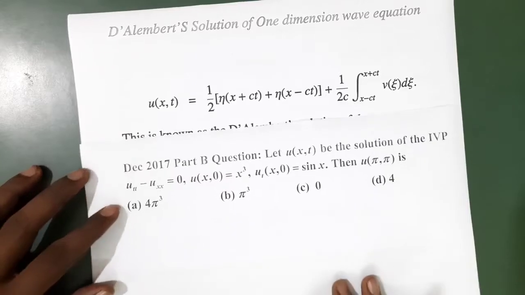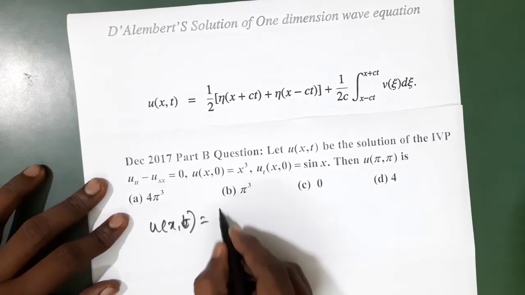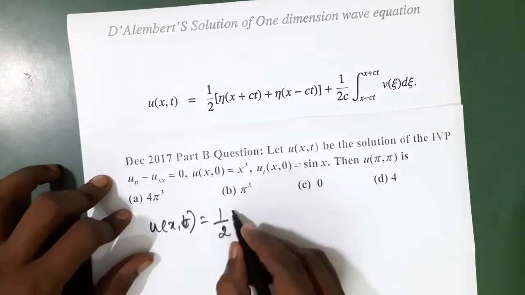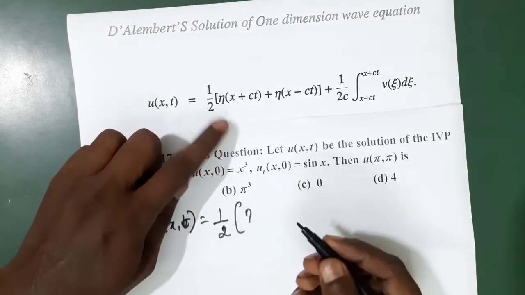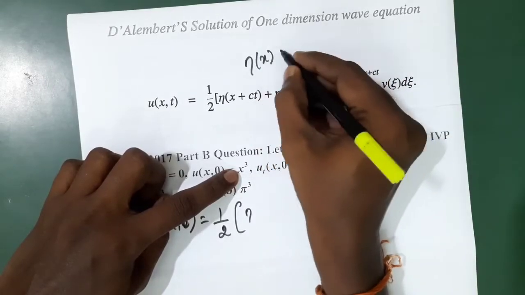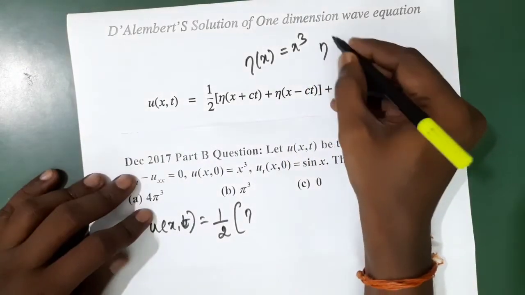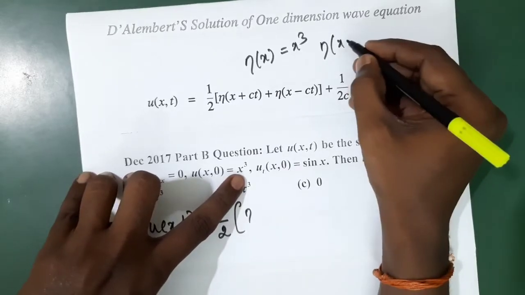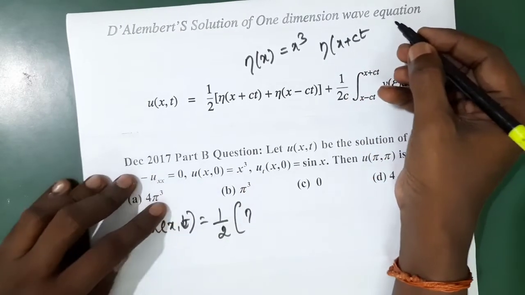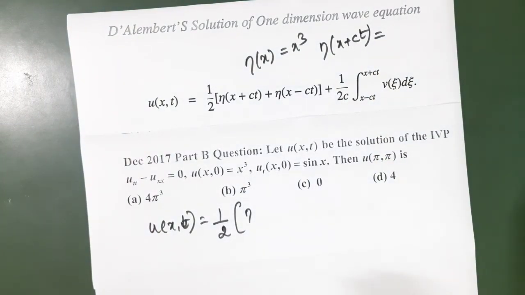So we are going to use this. Therefore the solution u of x comma t is equal to 1 by 2 eta of, so what is eta here? Here eta of x is equal to x cube. Eta of x is equal to x cube. And then, what is eta of x plus ct? It is equal to eta of x plus ct is equal to,